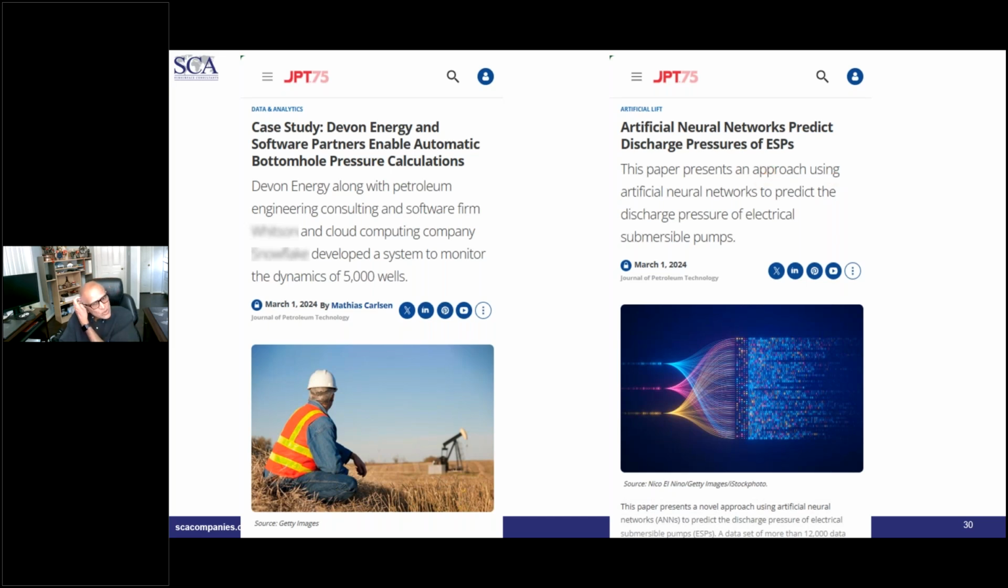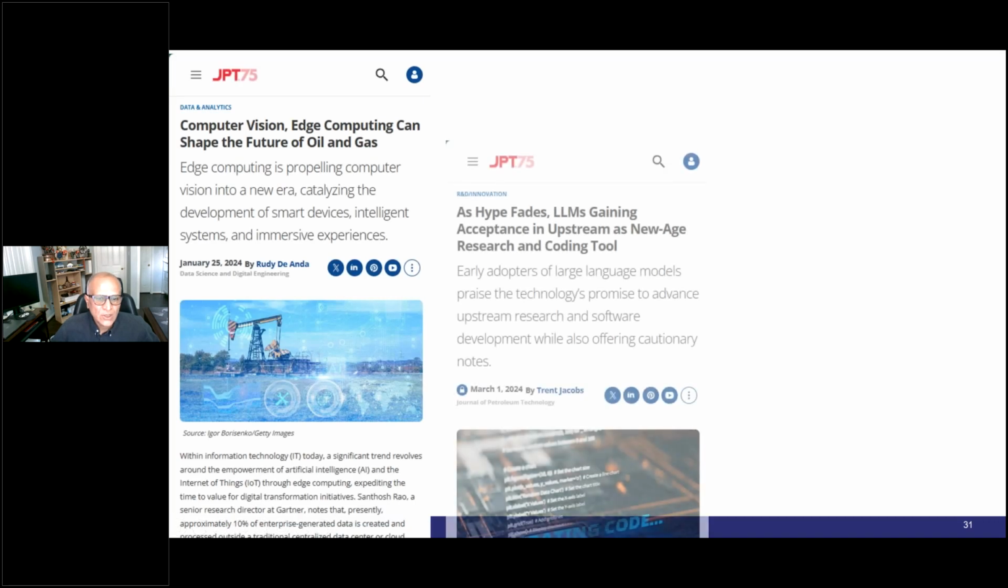So especially in case of ESPs, if you do not have discharge, both of them are similar problems in my mind, but they have tackled it probably differently. Okay. Now, if we continue along, there are some more articles in JPT where people talk about how they are